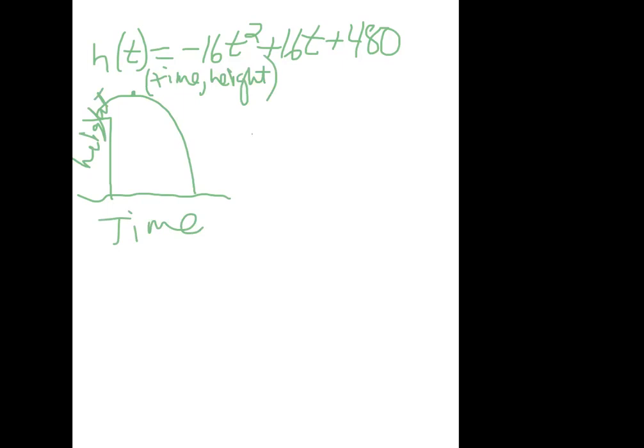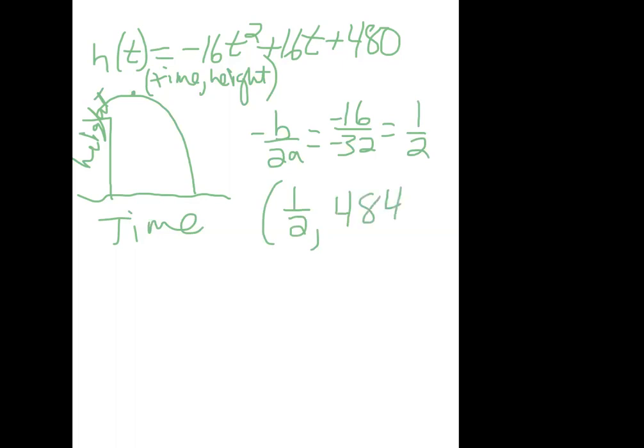All right, so let's go ahead and find that vertex. Remember, I'm going to do negative b over 2a. So in this case, that'll be negative 16 over a negative 32. So it's going to be a positive 1/2. Okay, that is the x coordinate of my vertex, 1/2 comma, and now the something. So I would have to take 1/2 and plug it back into my equation to see what I get out for y. And just to save ourselves some time, you should get 484 when you do that, taking 1/2 and plugging it back into the original function.